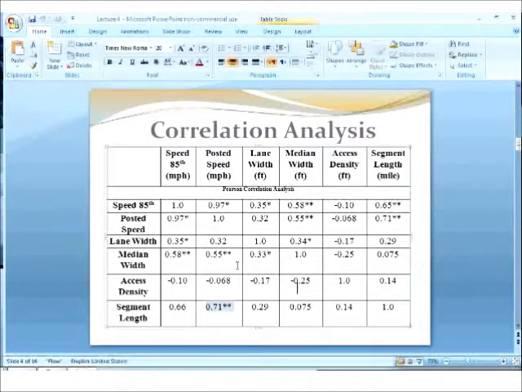This is one step, like one kind of going forward. What you can also do is that once you collect a small sample of data, let's say due to any reason you are not able to collect more than 30 data points, based on those 30 data points, you conduct a correlation analysis. And out of that,